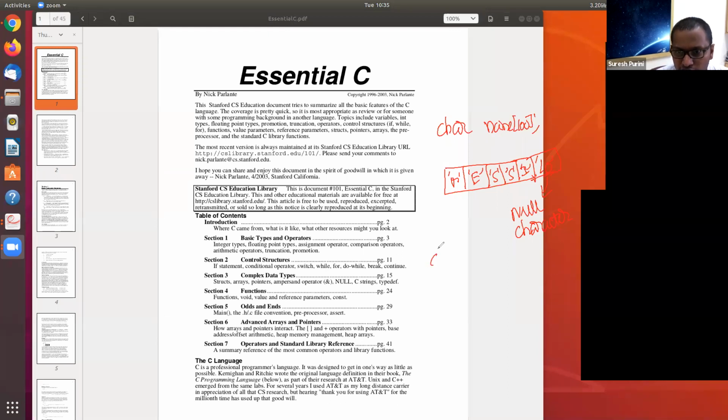So what you can do is char name underscore list. Let's say you expect there are some 100 students in the class, and the maximum size of each student name is 30 characters. Then you just have char name_list[100][30]. So if you see this data structure,